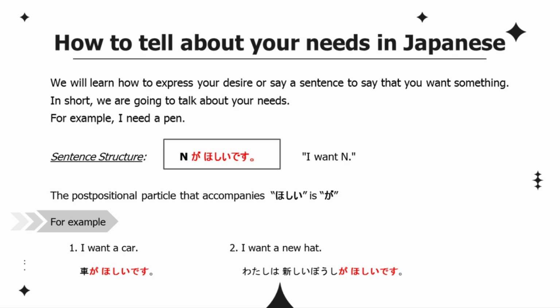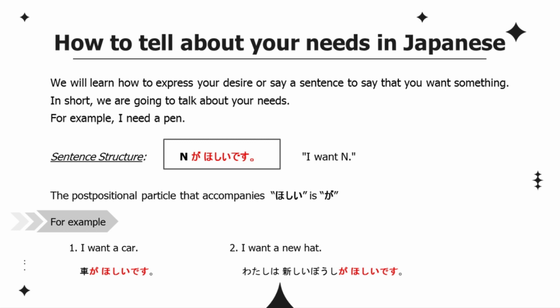Formation, en ga hoshii desu. It means I want en. Hoshii is an i adjective. The postpositional particle that accompanies hoshii is ga. For example, I want a car. 車が欲しいです。